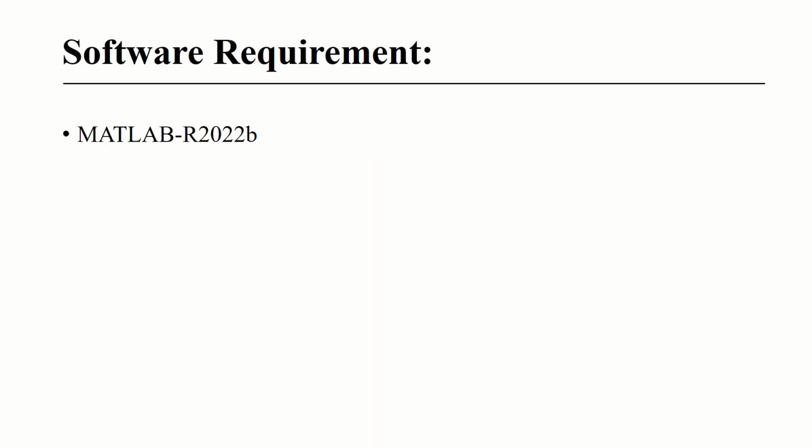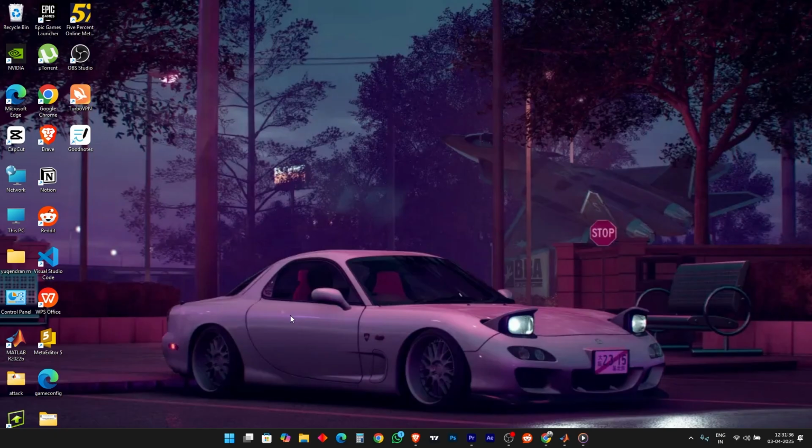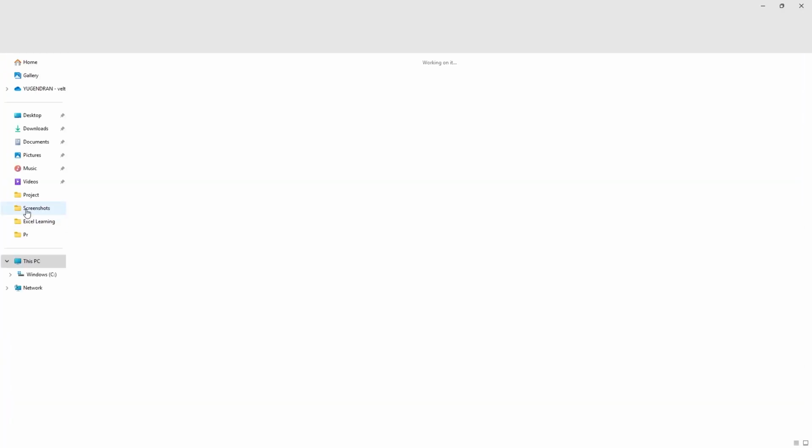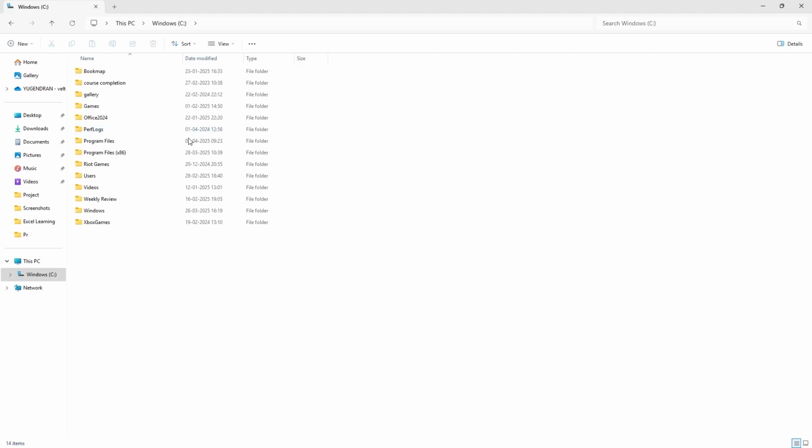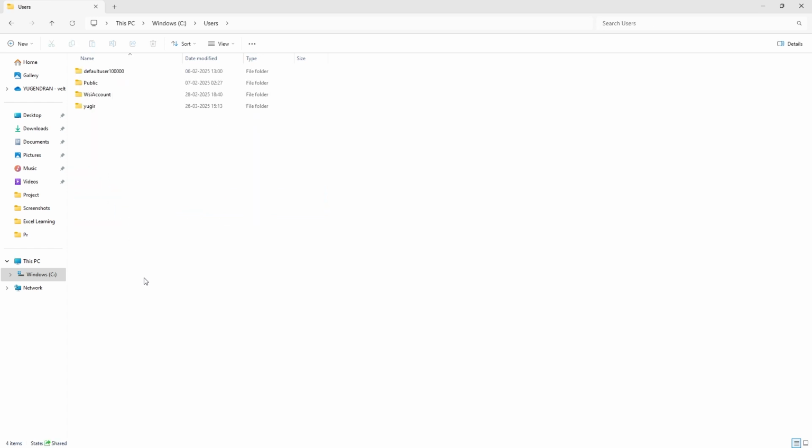The software which I'm using is MATLAB. Well, this is the example. We'll show you an example in MATLAB. First, navigate to your desktop and open This PC. Next, double-click on the C drive. Inside the C drive, locate and open the user folder. Now, find user profile and click on it.